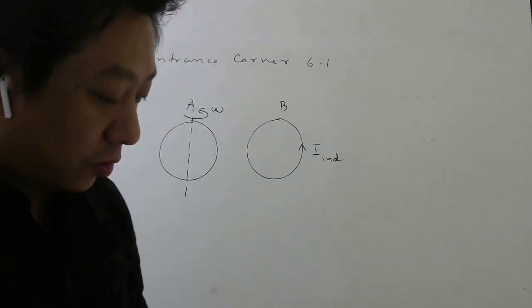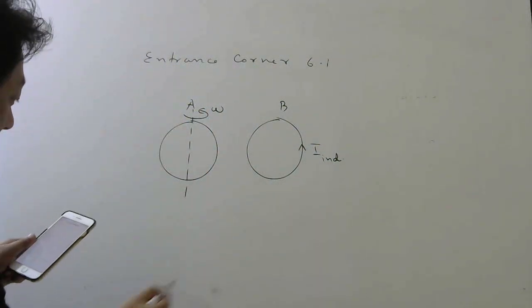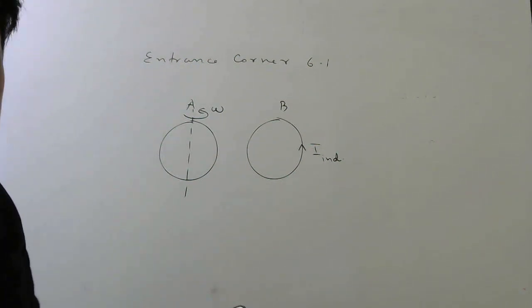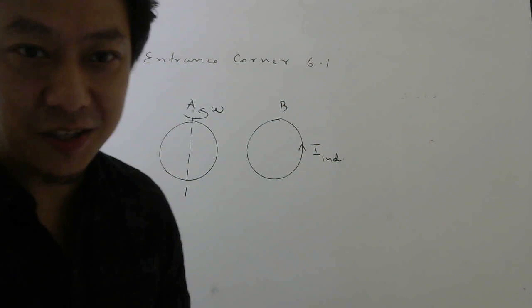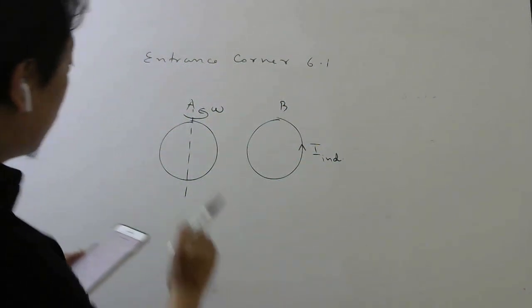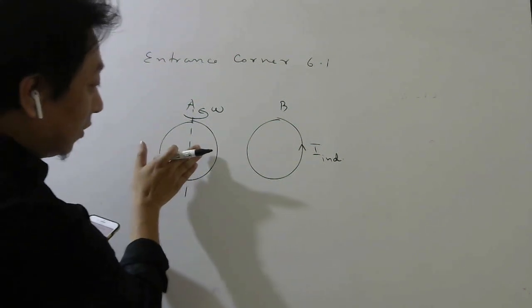By the way, for the previous question, what is the answer? Current should flow in this coil. It was this way, right? So it is counterclockwise and it should be constant. So option D for the previous question. I forgot to tell the option. Option D, okay?